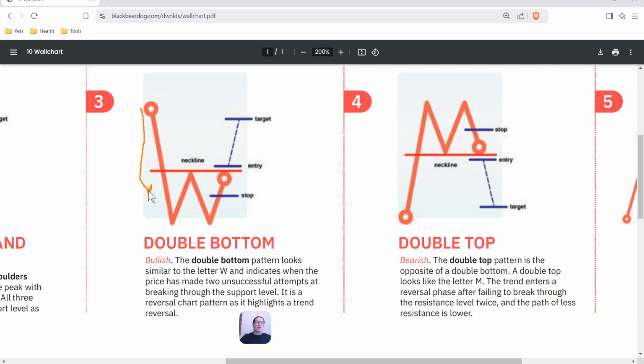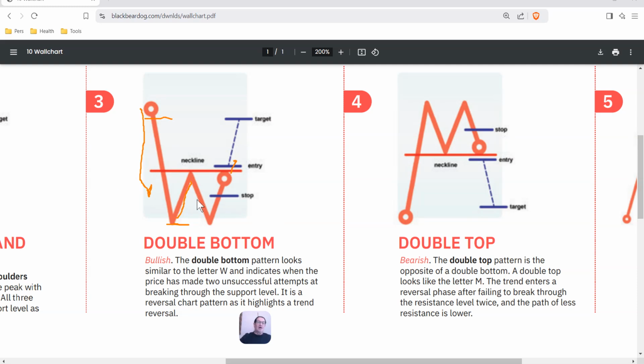It has to go below support and continue until some point, whatever that level is. It then retraces back up, but does not go through the support level. Instead, it bounces back down yet again, and then it retraces back yet again onto support level. At that moment, if price now goes above support level, that's where you place your entry. You place your target just below the start of the first leg of the pattern, and you place your stop